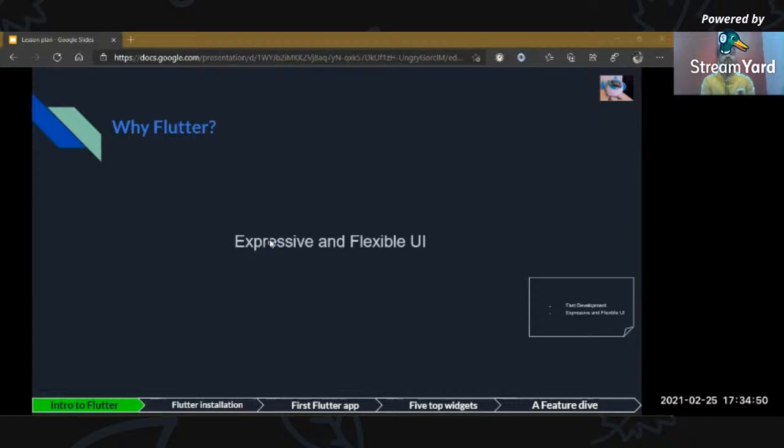What does it mean by flexible? It has a layered architecture that lets us control every pixel on the screen. You might have noticed pixels. What is a pixel? A pixel is the smallest element on the device.